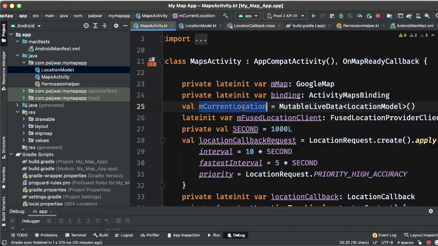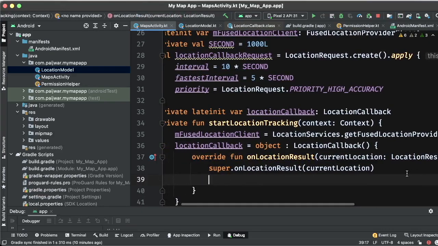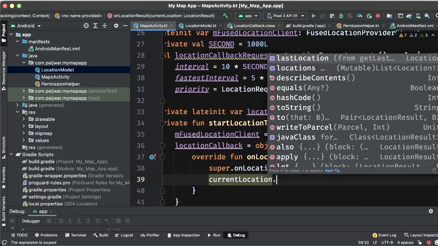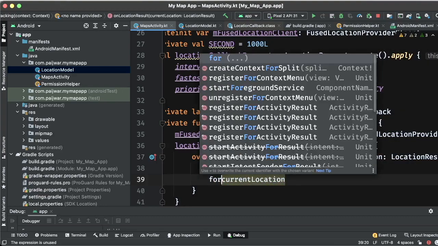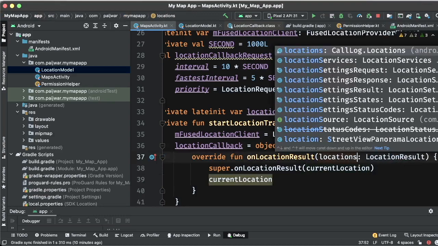Yes, and I will just set the current location from the result. Okay, so it's not a single location, it is multiple locations, so I will say locations.